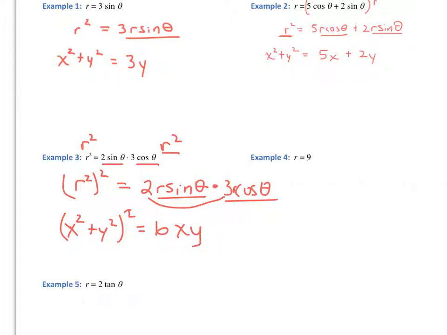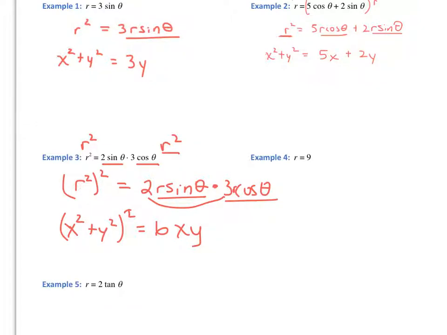Wouldn't, if you carry over the r squared to both sides, there still be an r left over? Because only r sine theta is equal to x. All right, so you have two r's, right? So I'm splitting up the r's, one to the sine and one to the cosine. So I'm using both of them, so you don't have an extra one left over. That makes sense. Okay, and so now that allows me to change this to a y and this to an